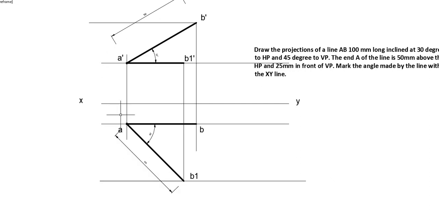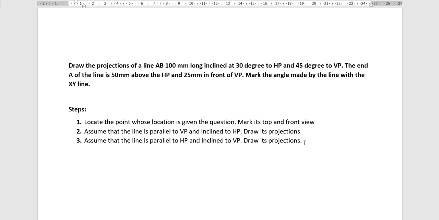The front view of A is here and the top view of A is here, and the location of B, the front view of B. The actual line inclined to both planes will be somewhere around here, and the top view will be somewhere around here. Okay, so how will we get that point? We have completed the first 3 steps now, and also the fourth step, that is draw the locus line